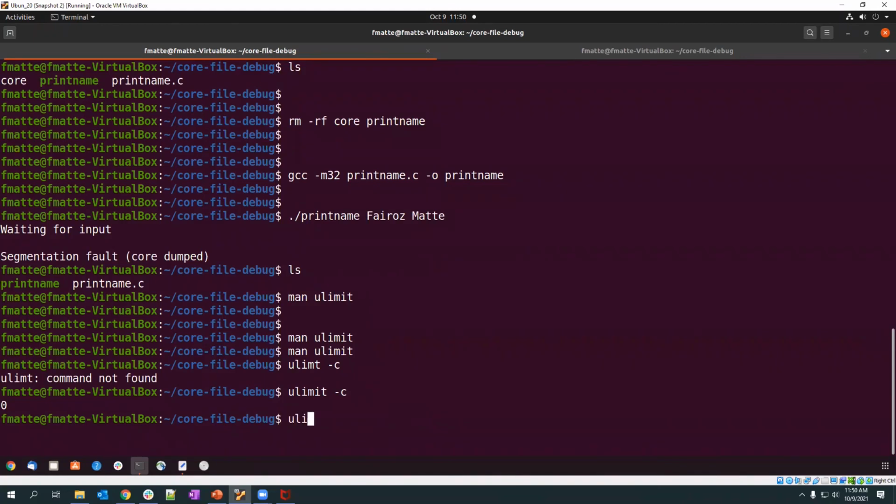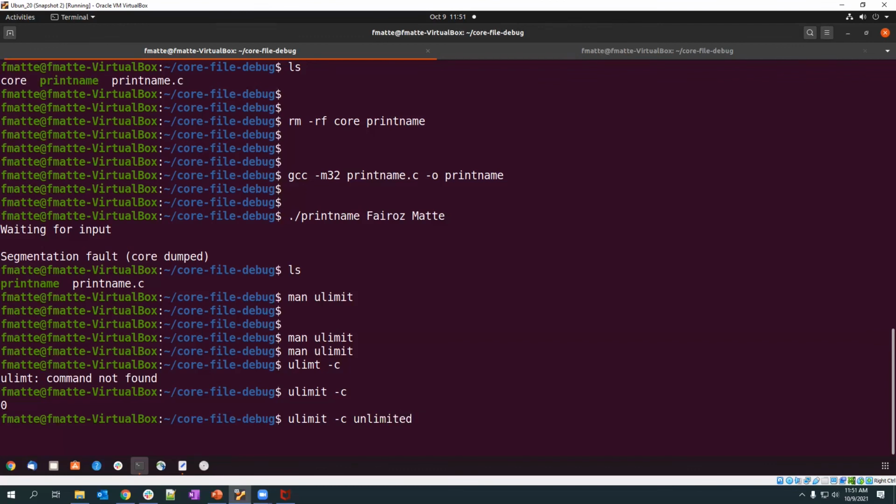How can you allow it? You can say ulimit -c for the core file, and you can specify the size here, in bytes. The interesting fact is that we don't know the size, because we don't know how big your application is, how much memory it will be using, or how many threads it will be launching. If I specify 250 MB, the core file may be truncated or corrupted, because it can capture only the initial information and the rest is missed. So generally for core files, we specify unlimited.